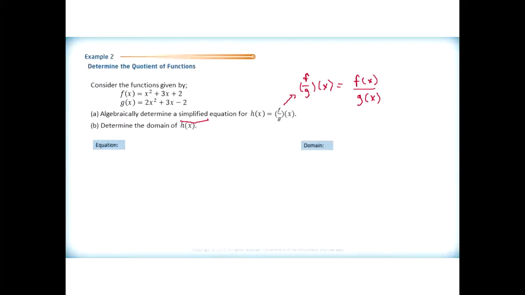And that's important because when we go to do this, we can see that h of x is x squared plus 3x plus 2 divided by 2x squared plus 3x minus 2. And remember, when we're dealing with these rational expressions, it's a good idea to write them in factored form to see if we can simplify. So this one gives us x plus 2 times x plus 1 divided by, and our denominator is going to